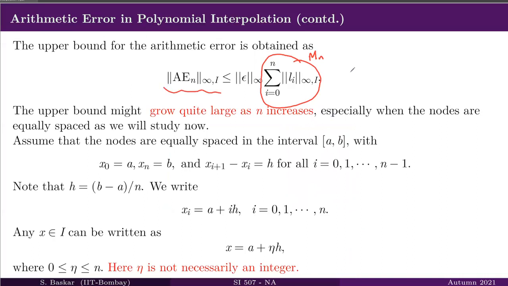And we have seen that this is less than or equal to norm epsilon times 2 to the power of n. That shows that even if this term is very small, as long as this is not equal to 0,